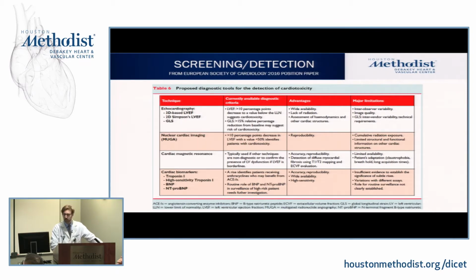And so just looking at what we have now, this is from the European Society of Cardiology position paper: how should we detect cardiotoxicity? Certainly echo is advantageous, including potentially 3D echo and strain. It's widely available, there's no radiation. The cons, which we mentioned, and for GLS, there's a difference between vendors